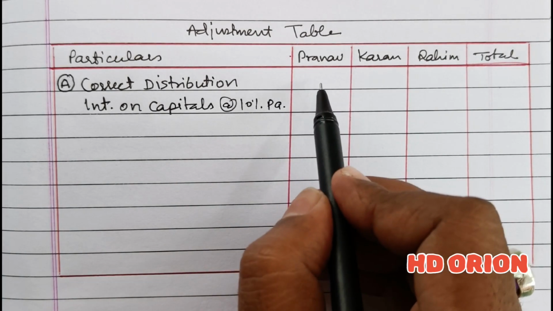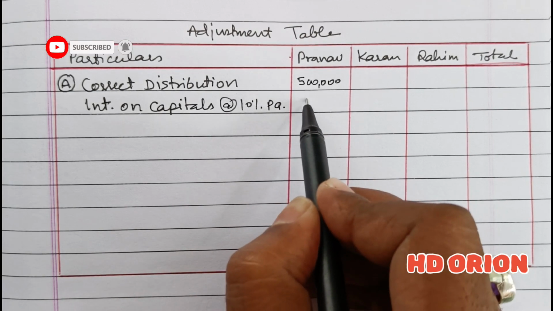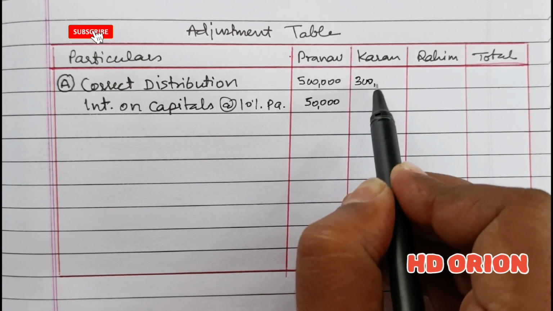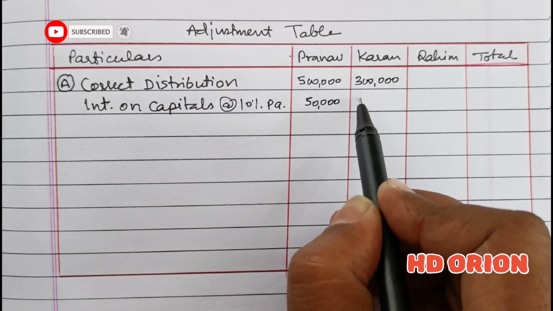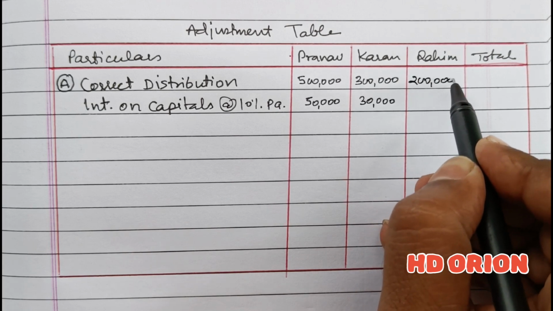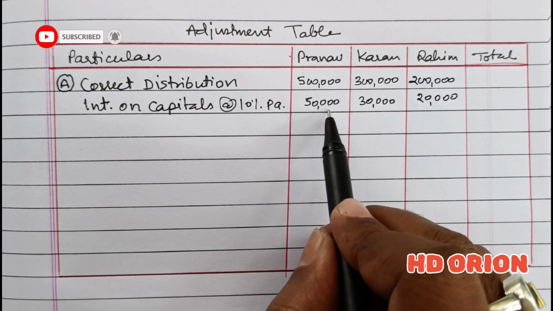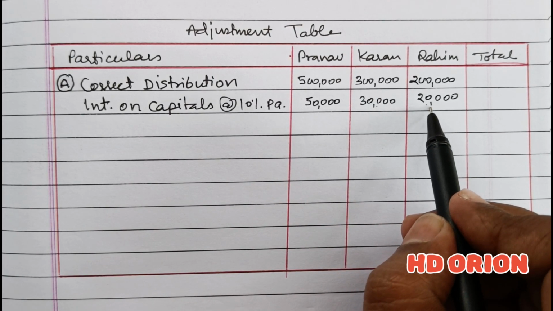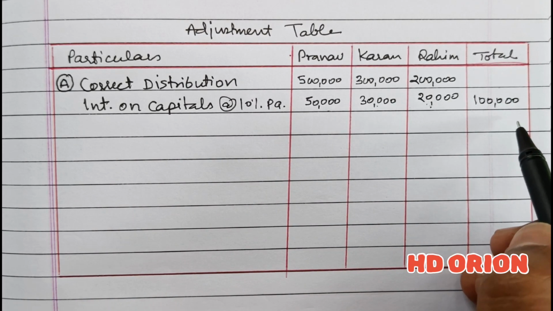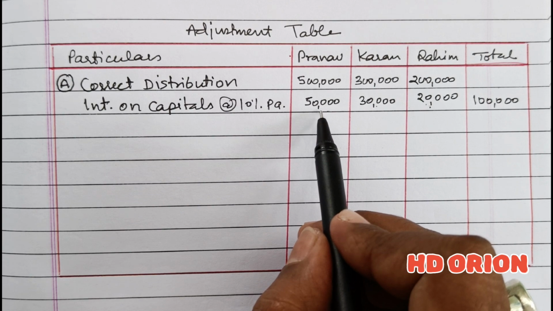Now Pranav's capital is rupees 5 lakh and 10% of this is how much? Rupees 50,000. Karan's capital is rupees 3 lakh as given in the question, and 10% of which is rupees 30,000. And Rahim's capital is rupees 2 lakh and 10% of which is rupees 20,000. So this is the amount of interest on capital which was supposed to be given to the partners, and the total of which is rupees 1 lakh. So out of the total profit, 1 lakh rupees was to be distributed to the partners as interest on